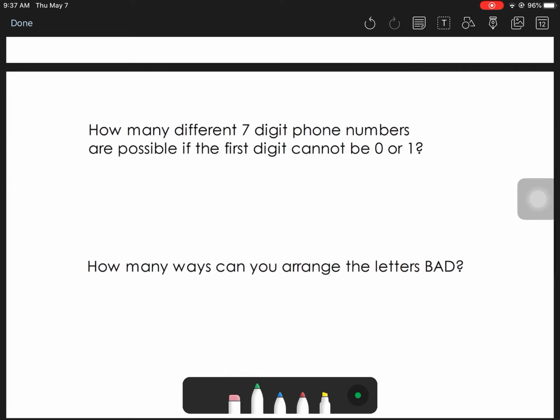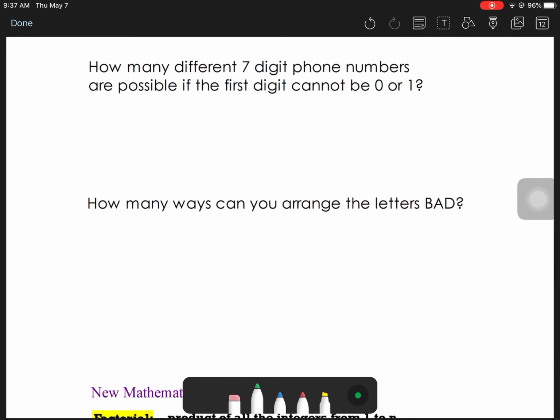Let's look at another example. Let's say that we are talking about how many different 7-digit phone numbers are possible if the first digit cannot be a 0 or a 1. So first of all, we know that we have 7 digits